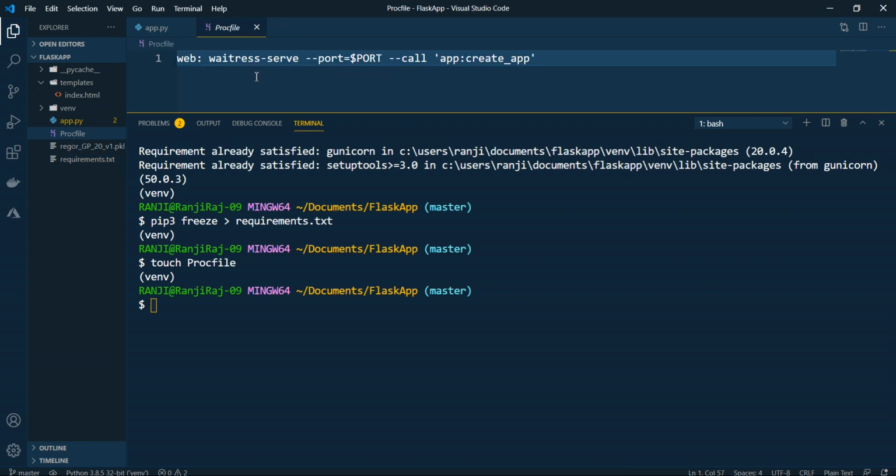the Procfile. When you create it for the first time, it will probably be blank or empty, and you want to write something onto this. Just a one-liner. What you will write is web. Web stands for the web server, meaning this processing is to be done on a web server, and the web server that we'll be using is waitress-serve. This is the name of the web server, that is, Waitress will be serving your web requests.